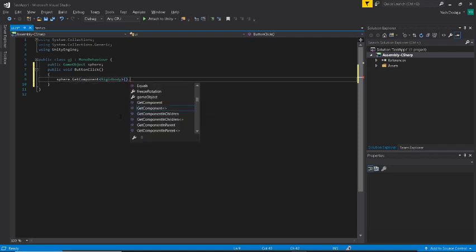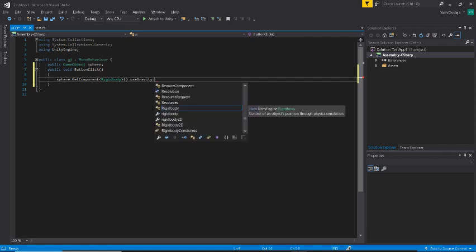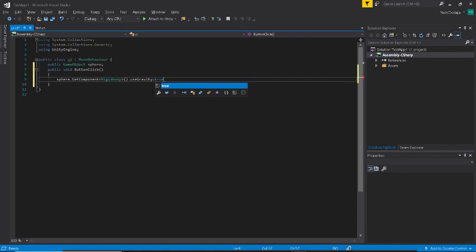and dot gravity. When I just type gr, it should suggest useGravity. So that's the variable. So useGravity is equal to true. True will make it true every time I click the button. If I want to toggle it, I say not of this whole thing. But without that,